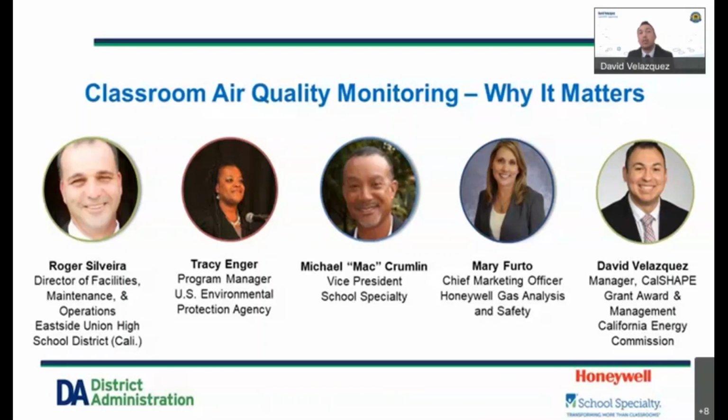Funding round one for the CalShape Ventilation and Plumbing programs has ended, so we're not accepting applications at this time. We anticipate a second funding round to open around the end of Q1 2022. Notices will be posted on the CalShape program webpage prior to the start of the second funding round with information on the application start and end dates and amount of available funding. CEC staff will also be hosting a workshop to discuss this CalShape program and solicit feedback on potential changes on February 15th, 2022 from 1 to 3 p.m.